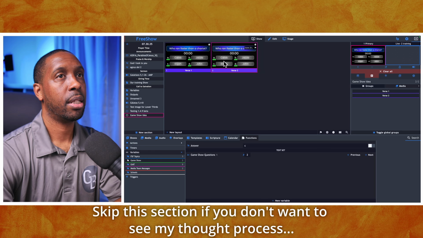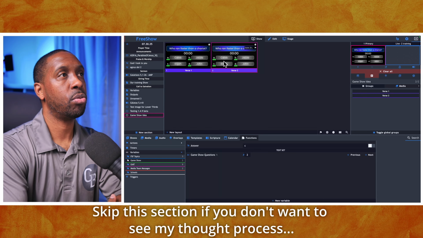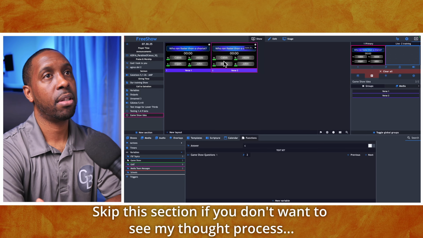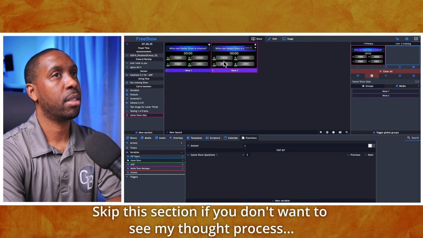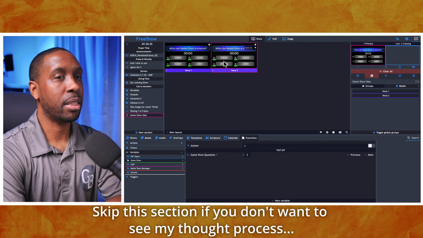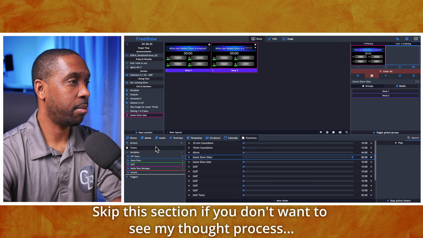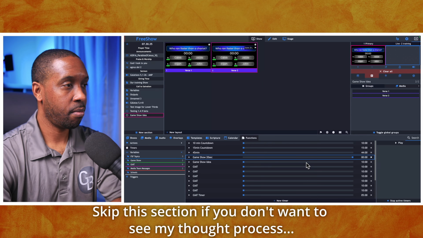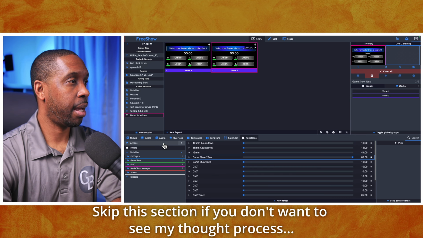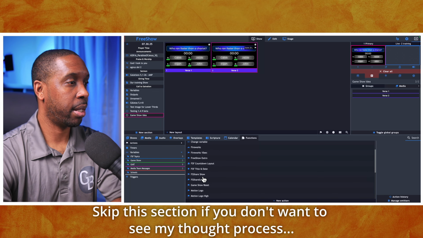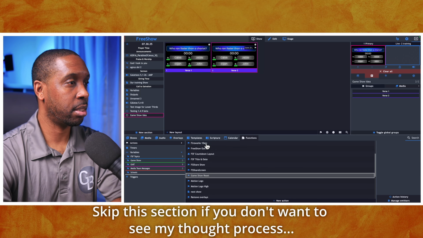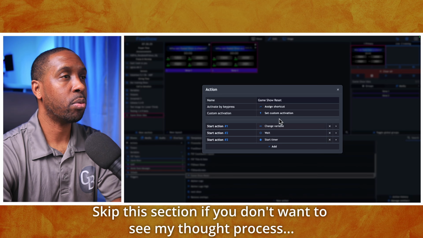Boom. 1, 2, 3, 4, 5. And it should start the timer. And it didn't. And that's because the timer didn't reset. So how do we reset the timer? Okay, let's do an action. Let's go back. And the thing is, it doesn't let me stack those actions related to the timer. So what we'll do is let's do